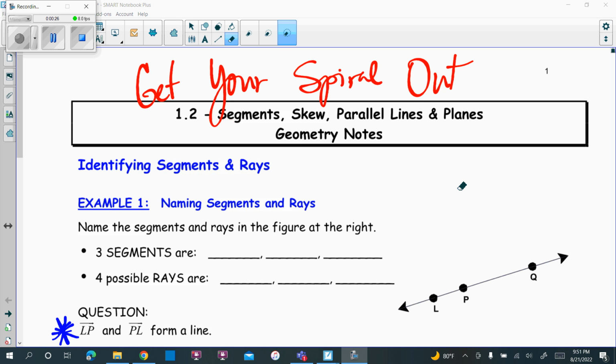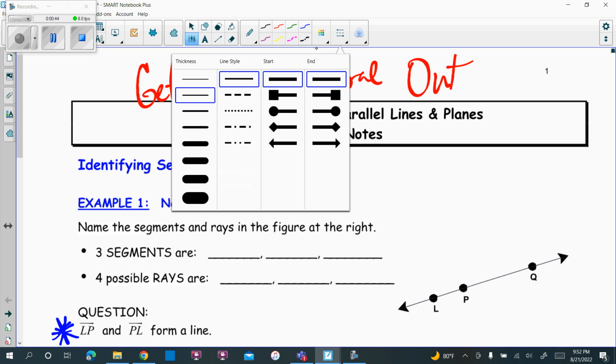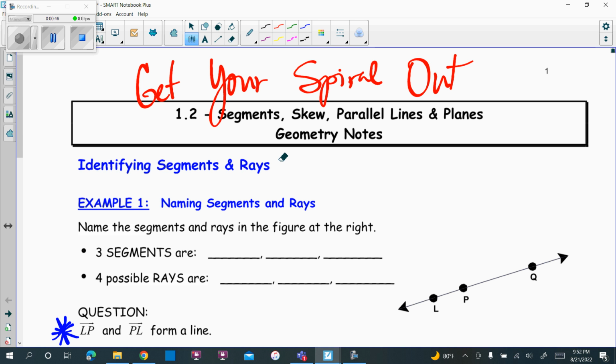All right, so we have covered this with a previous video and some previous class discussion in regards with segments and rays. And so segments and rays, excuse me, are basically just parts of a line. So if you want to just put a little addition here, these are part of a line, part of lines. Okay, so when we